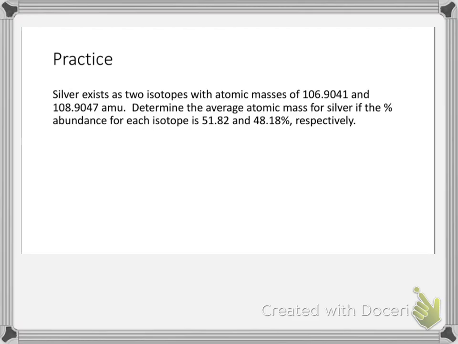And hopefully I won't plug numbers in wrong, because if you see numbers wrong in a video, usually it's because I did something in my calculator wrong. All right, so it says silver exists as two isotopes, and you're thinking, I know it's silver, I can just look it up on the periodic table, which is true, but we're going to see how they calculate it. Silver exists as two isotopes with atomic masses of